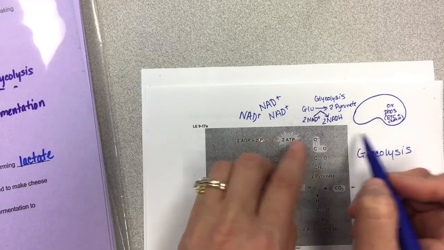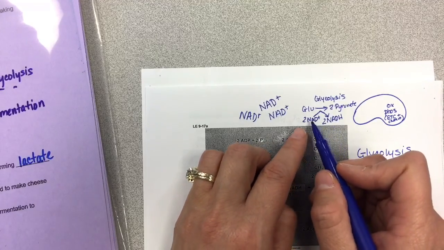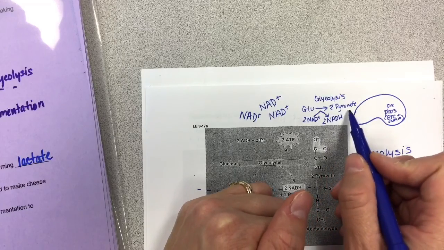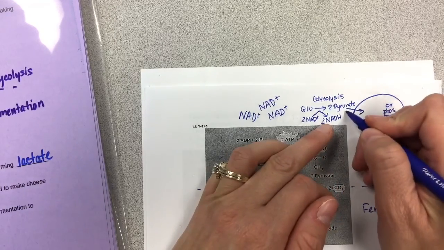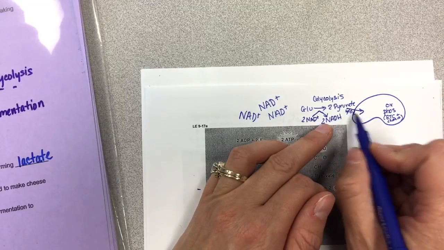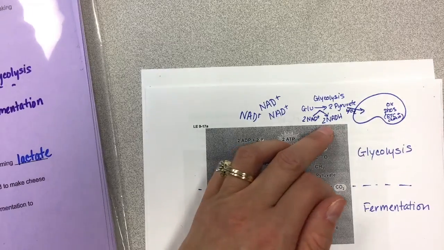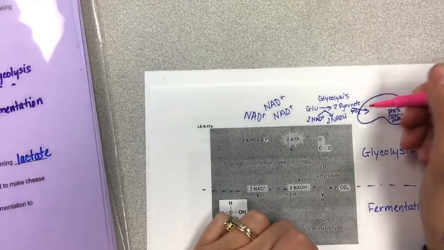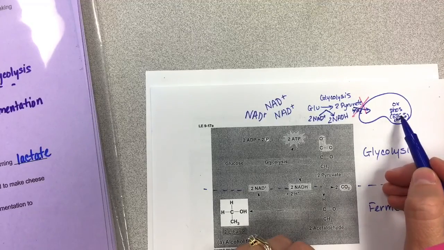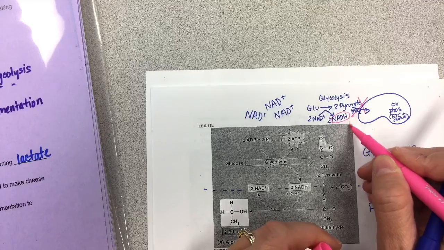So we're constantly shuttling these guys around, becoming NAD+, then NADH, NAD+, NADH. That's if oxygen is present. This can only go into the mitochondria in the presence of oxygen. So what's happening here with no oxygen is this part is not happening, which means oxidative phosphorylation isn't happening, which means that we're going to get a buildup